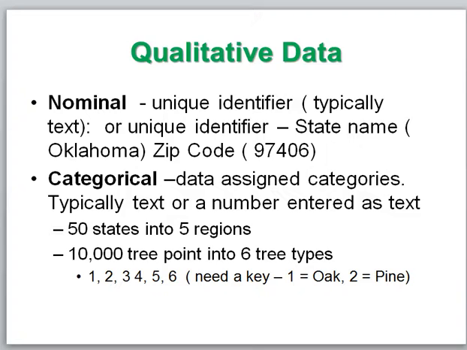The type of data that you would actually use to map in a qualitative data would be categorical data. And here your data records are assigned to different categories. So typically categorical data is written as text, like type of tree, where you had oak or pine. Sometimes it can be entered as a number, and that's what the FIPS code would be, a number entered as text. Sometimes it can be a code where you need a key, where 1 equals oak or 2 equals pine,